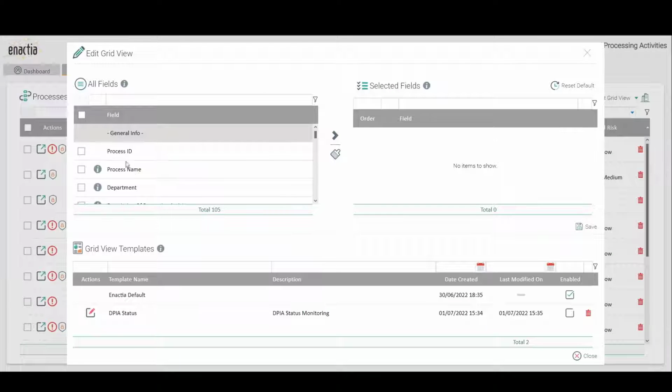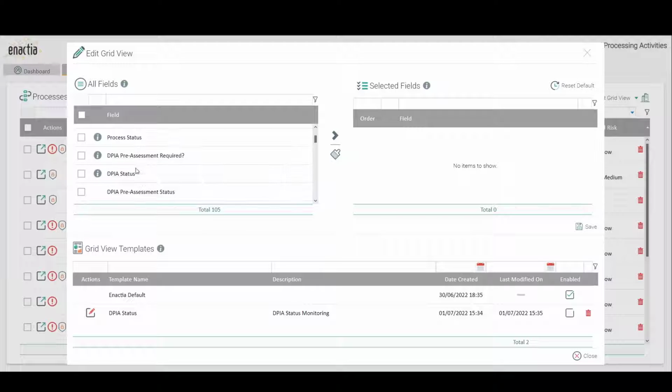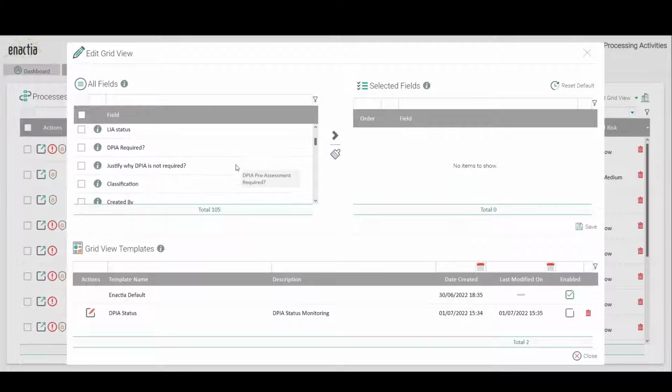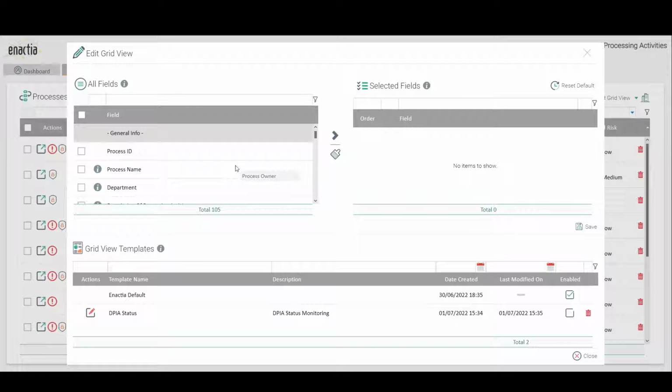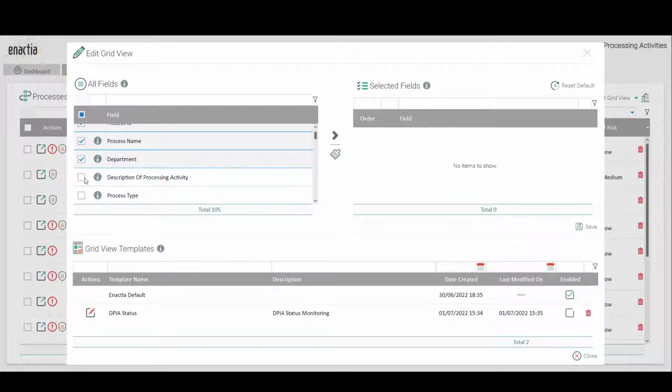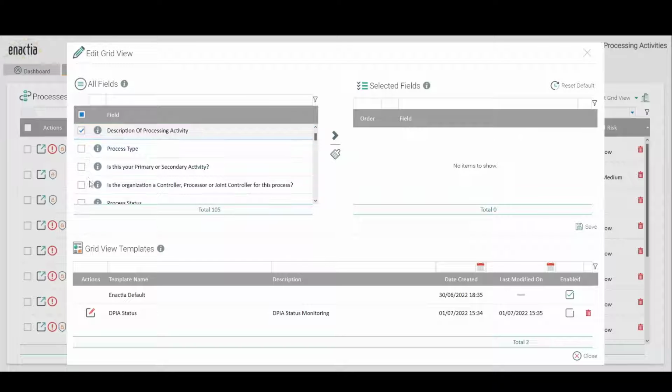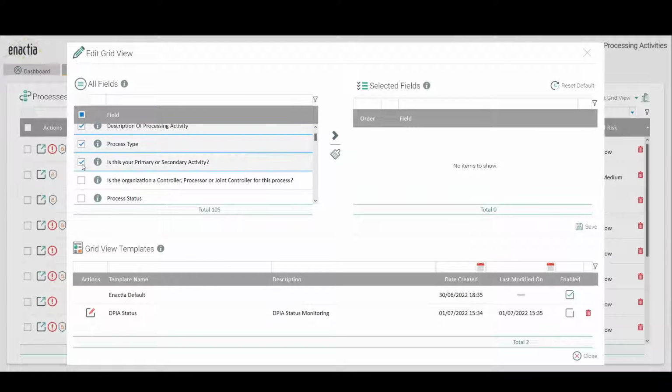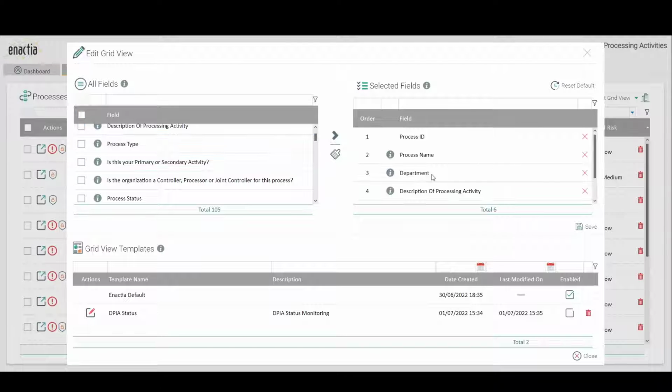on the left side I can see all fields available which relate to the record of processing activity module. So for example, if I want to change the view and to include only, for example, the process ID, process name, department, description of processing activity, process type, primary or secondary activity,